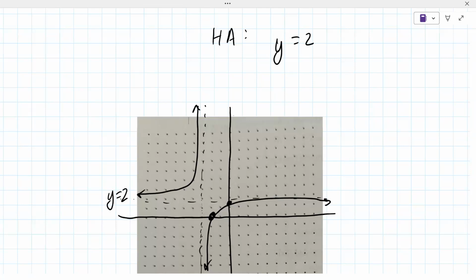Let me plot it. Okay, got it down. How would you